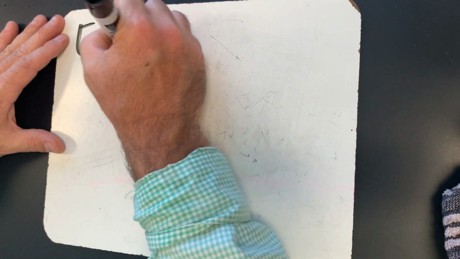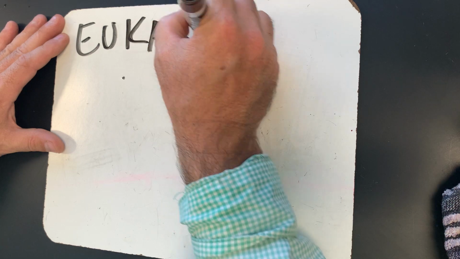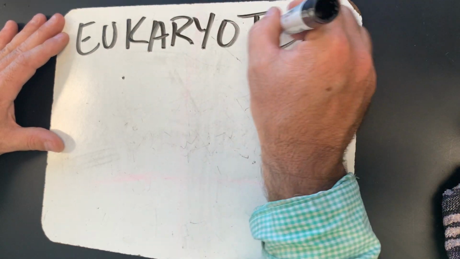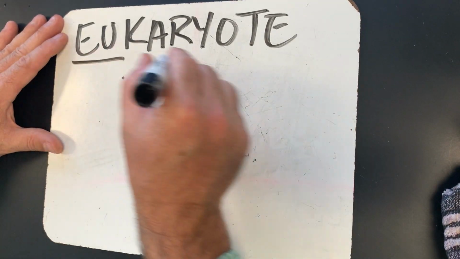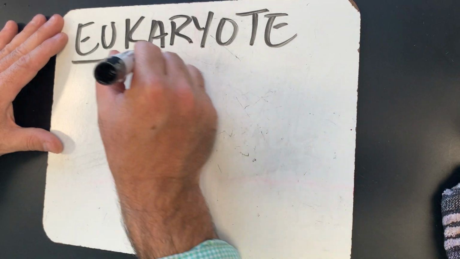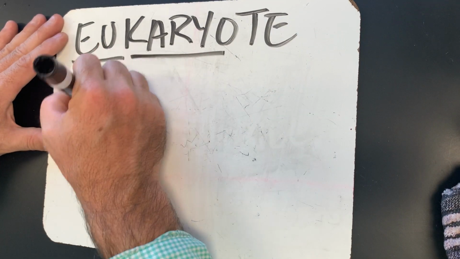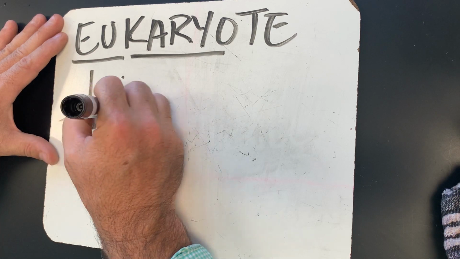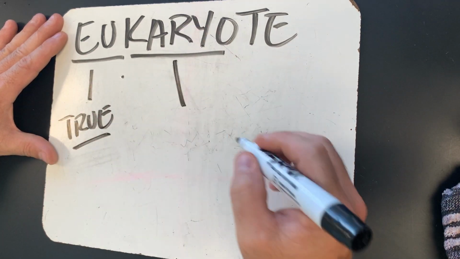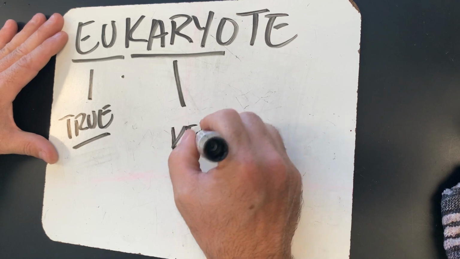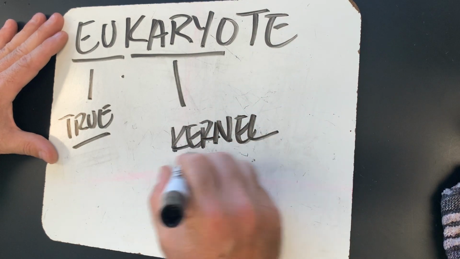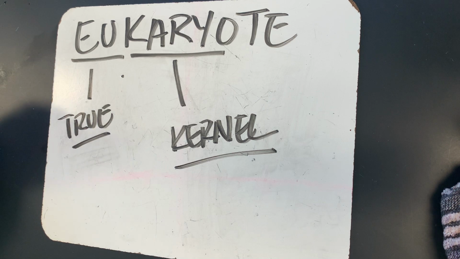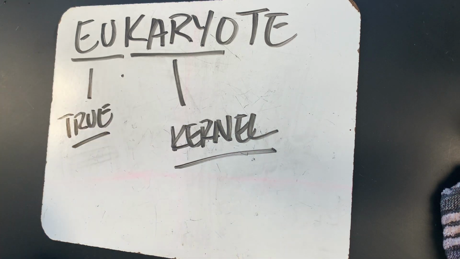The other type of cell is a eukaryote. You and I are eukaryotes, and we're going to talk about the parts of the word. We have eu, and then karyo again. Eu means true, and karyo again means kernel. I'm going to draw this kernel out in a moment and show you what it looks like. So true means that it truly had a kernel. It had a nucleus, and I'll draw it for you in a moment.